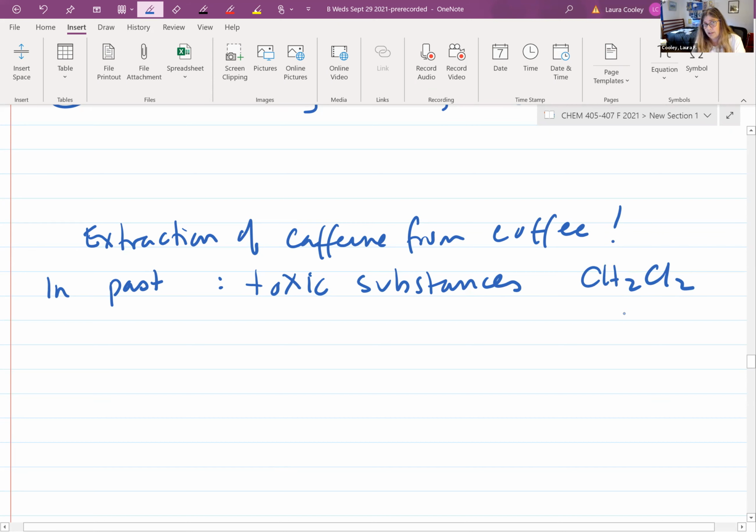Okay, but they would extract with methylene chloride, extract out the caffeine, and then they would have to dispose of the CH2Cl2. I suppose they could reuse it, but eventually they'd probably have to dispose some of it. There would be a toxic residue left on the coffee. And also it led to kind of a bad taste. So now there's a much greener method